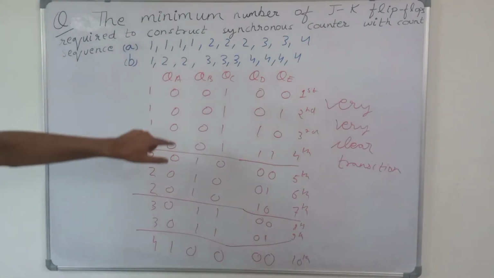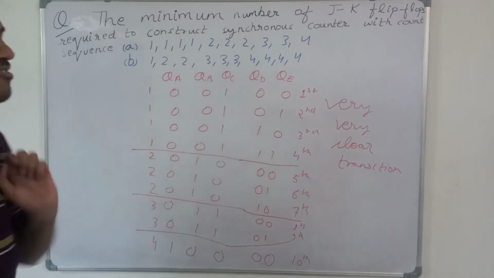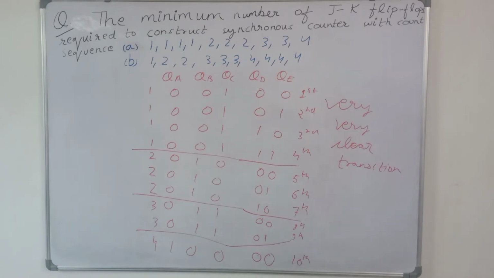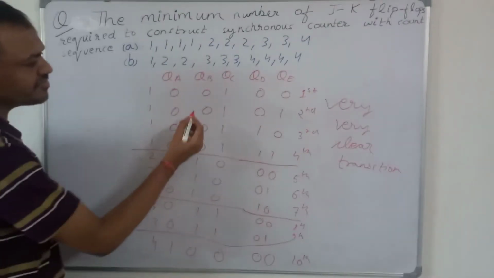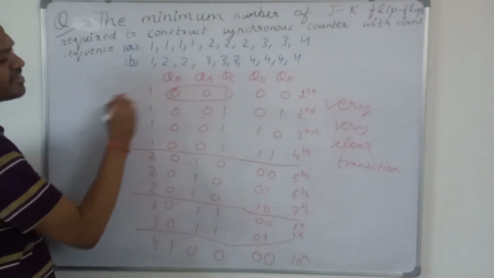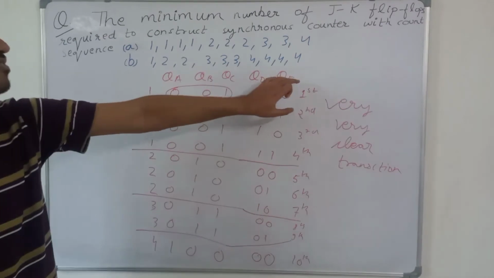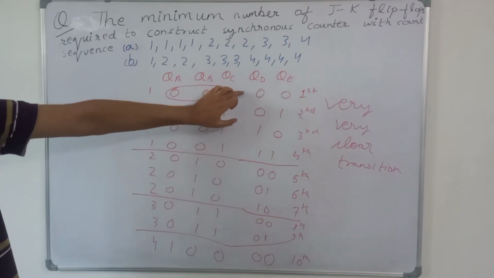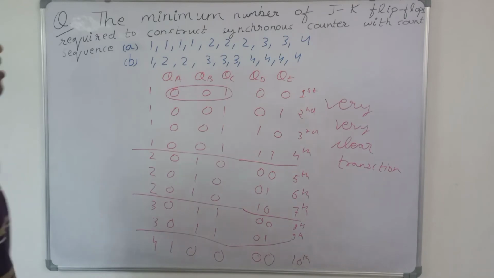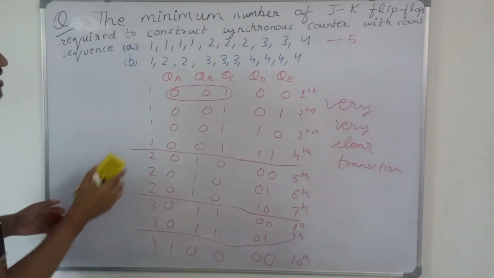So we know that if we are in the state 0 0 1 1 0, then the next state will be 0 0 1 1 1. So now the transition is very clearly defined. We have to use 5 flip-flops, and when we are designing, for the output we will use only these 3 flip-flops. When it is 0 0 1, then we know that it is 1. When it is 0 1 0, then it is 2. We are using these 2 flip-flops just for the clear transition of our states. So the minimum number of JK flip-flops required to construct this is 5. And for this also we will use 5.